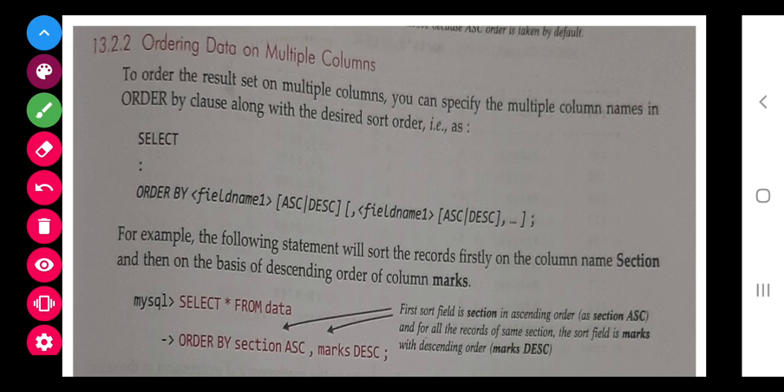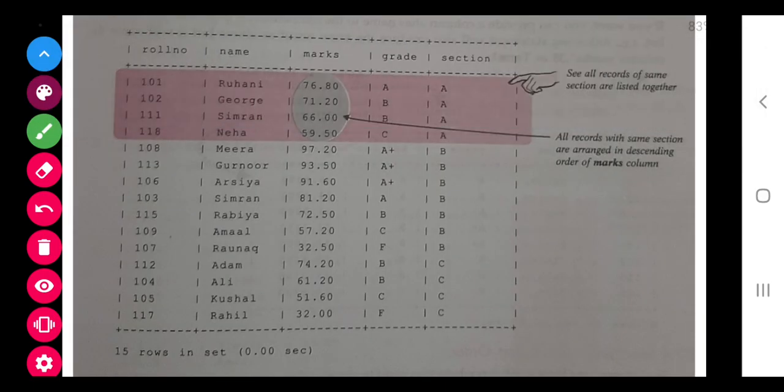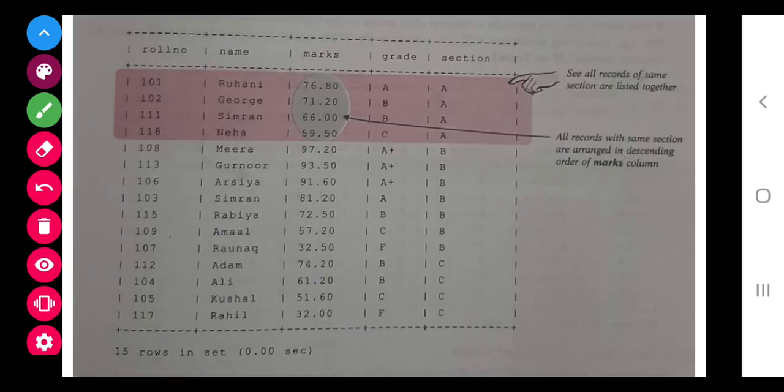So class, next is ordering data on multiple columns. There is an example in the same table, where they have written select star from data, order by section ascending and marks descending.